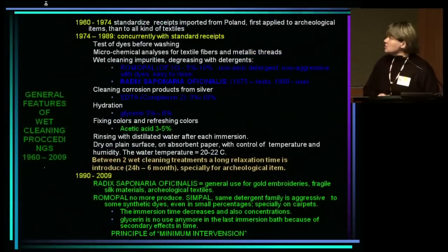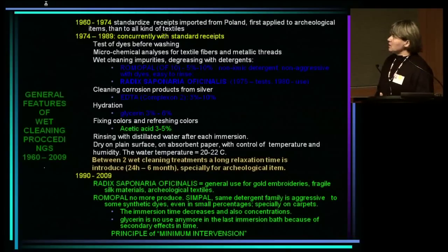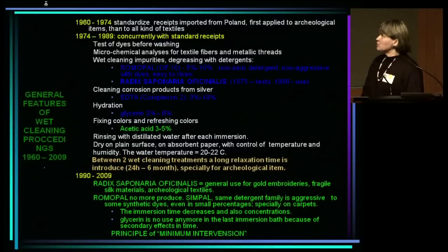The wet cleaning procedures developed in 3 stages. Between 1960 and 1964, we imported standard recipes from Poland, because there was a major archaeological discovery in those days and we did not have any facilities, laboratories or specialists, so we asked for help from Poland. Between 1974 and 1981,